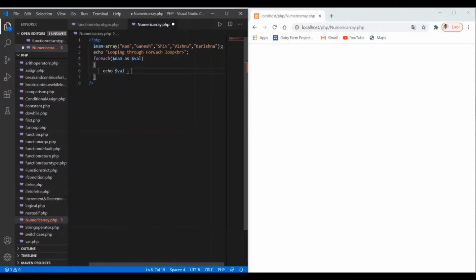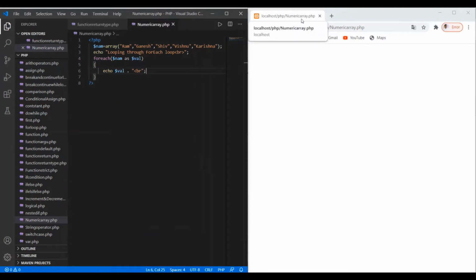Here I'm using the concatenation operator, and I want to display every element in a new line, so I'm using BR, that is the break line of HTML.